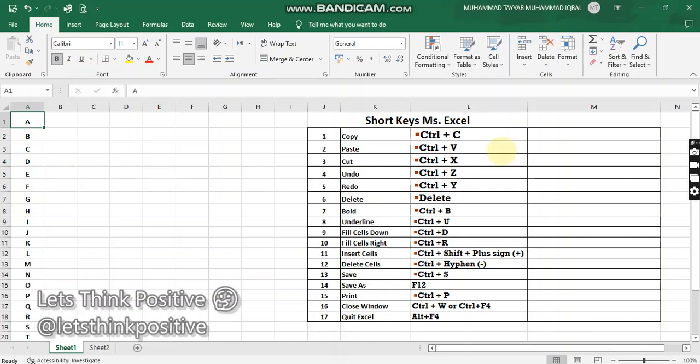Each selected field is called a cell. One cell has one row number and one column. Like if we see, this is called A1 because the column name is A and the row number is 1. So if we name this cell, it will be called A1,